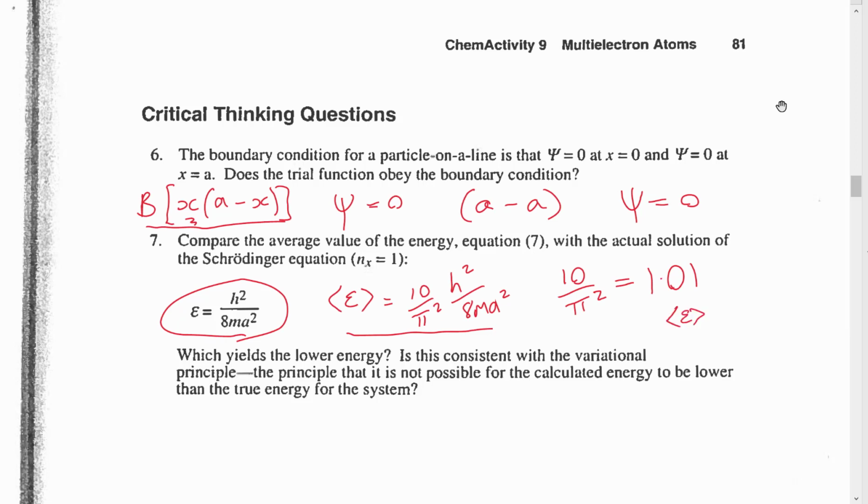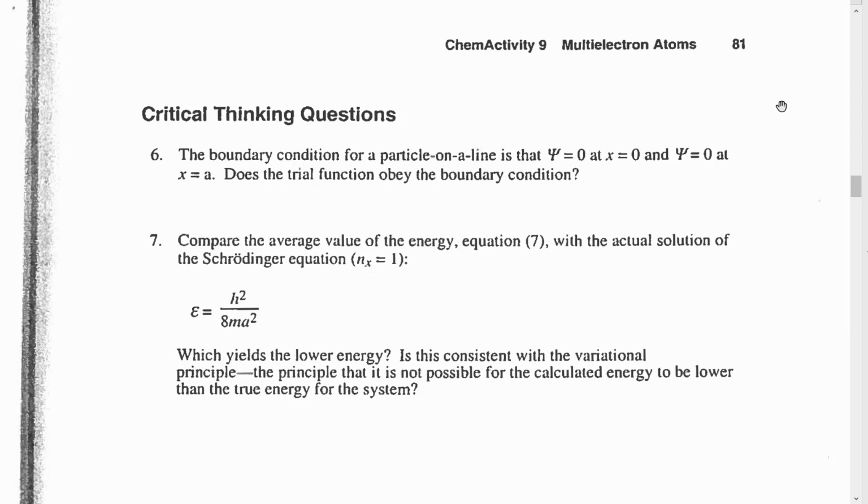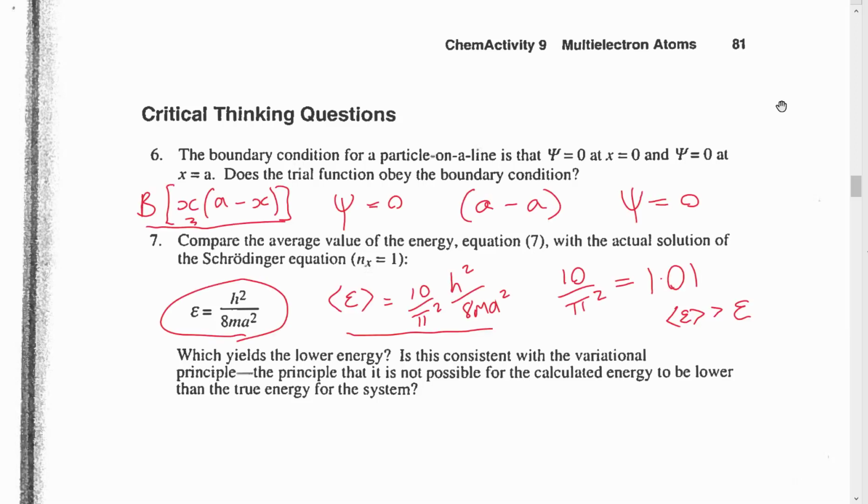However, what we do find is that E is indeed larger. The expectation value, this average value we've just calculated with the trial function, is larger than the energy, the actual solution of the Schrödinger equation. So the lower energy comes from the actual solution. And so this is indeed consistent